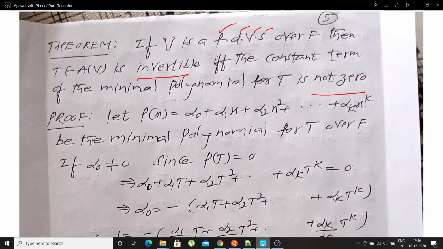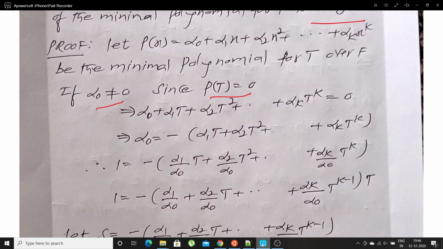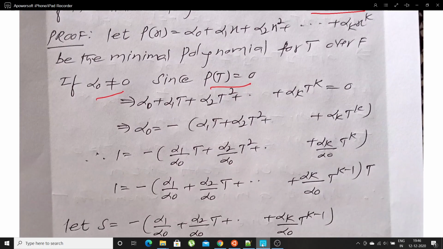The proof is simple. Let me take a polynomial in x. P of x is a polynomial in x, and we denote the polynomial like this: alpha naught plus alpha 1 x up to alpha k x to the power k, be the minimal polynomial. By definition, P of t is not equal to 0, provided the constant term is not equal to 0. If the constant term is not equal to 0,